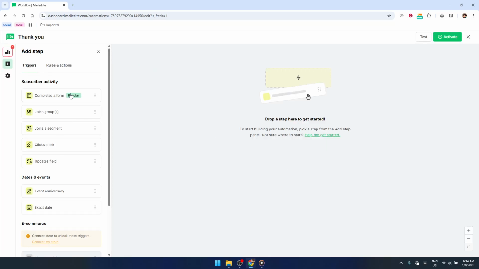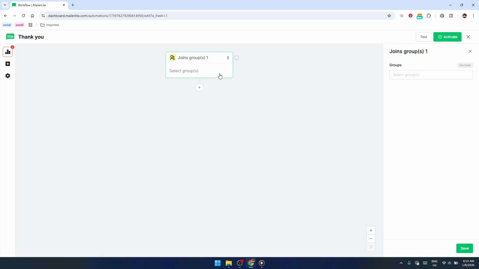this email. Click on Select a Trigger and choose the option when a subscriber joins a group. This means the automation will start as soon as someone is added to the group you select, whether that's a sign-up form, a landing page, or a manual import. From the drop-down menu, pick the specific subscriber group you want to target with this thank you email. Then click Save. Take a second to double-check that you've chosen the correct group, since this is who will receive